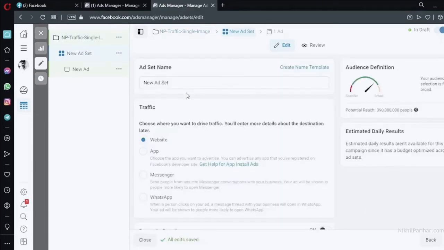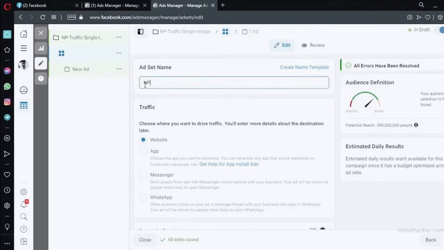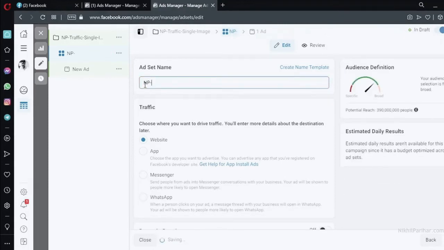Yeah, so we are at the ad set level. One of the wonderful things about Facebook is also it gives you audience size, how many people you can reach based on your selection here. Let me just put the name again here. NP traffic, that was my name, and it was a single image.